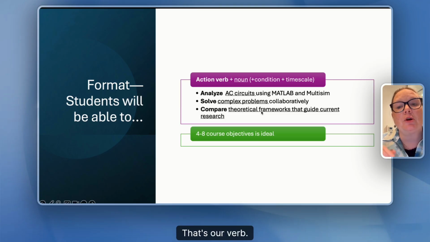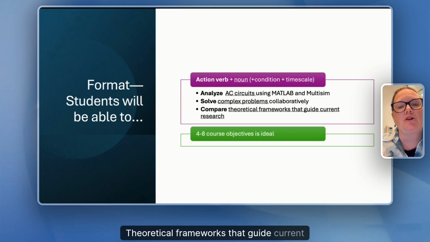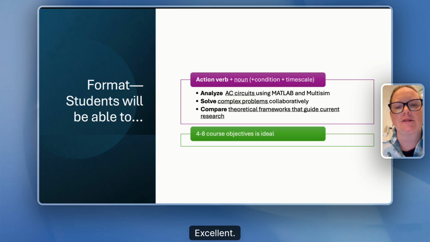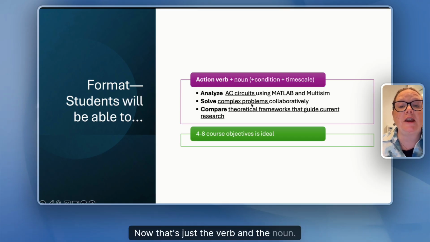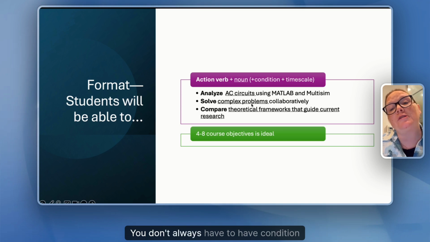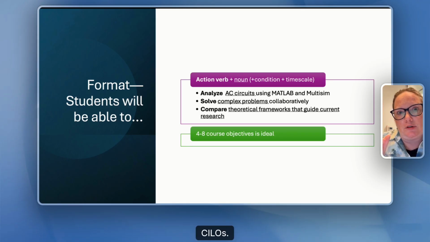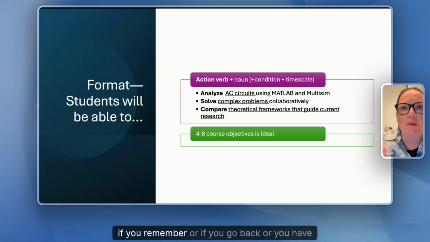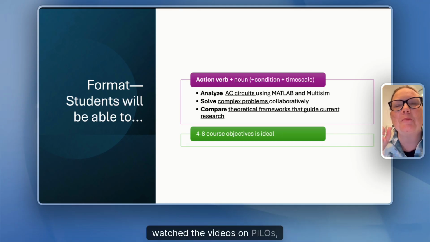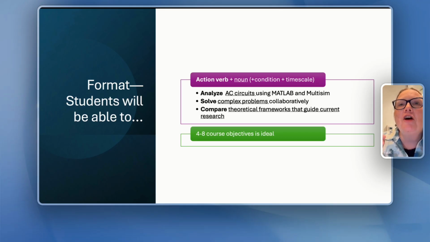Compare, that's our verb. What are we comparing? Theoretical frameworks that guide current research. Excellent. Now that's just the verb and the noun. You don't always have to have condition and extra information, especially in CILOs. Now, if you go back and watch the videos on PILOs, those are usually a little bigger,